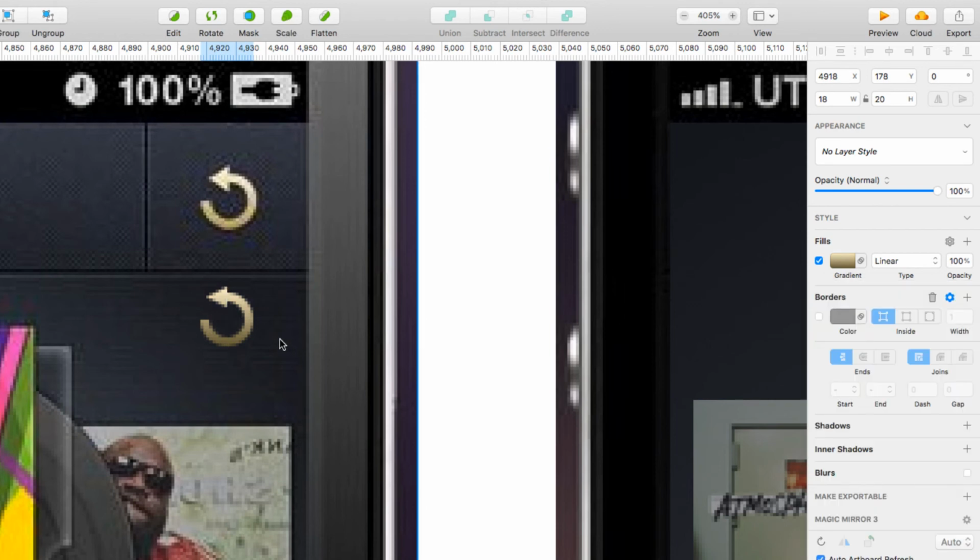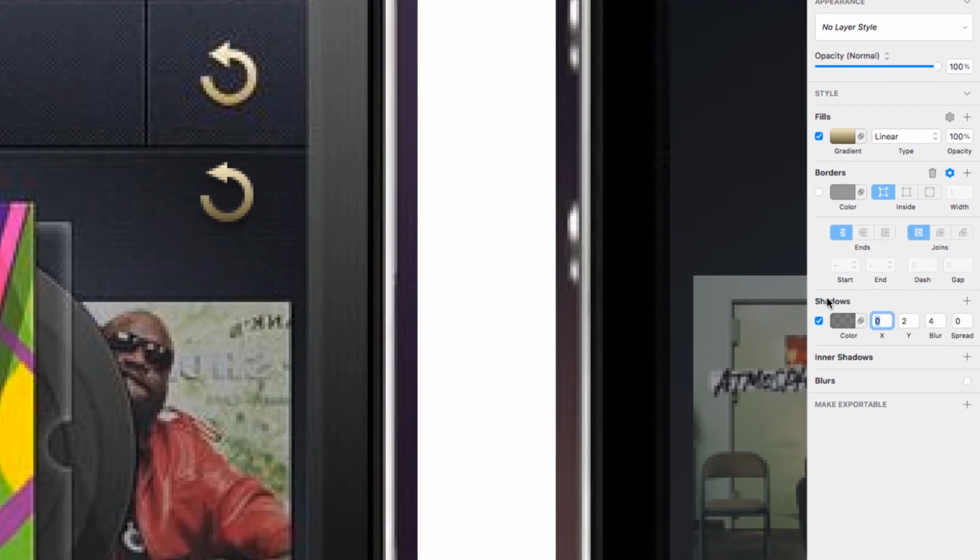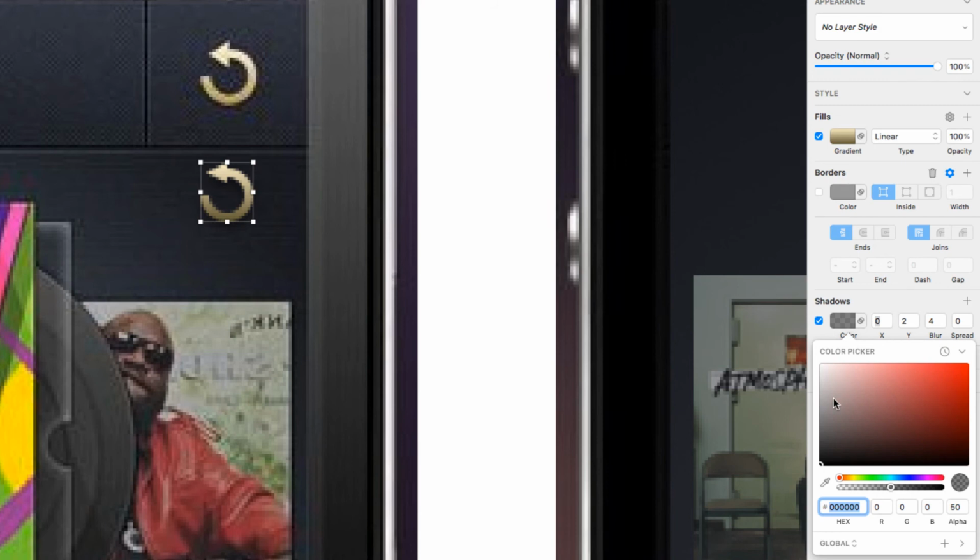And lastly, one thing I've learned when I was doing the other ones, it's got a bit of a drop shadow, but it's a brownish drop shadow. So with that selected, I'll come over here to my shadows, and I want Y value, which is already there. Let's get something kind of brownish. So you can select that here,